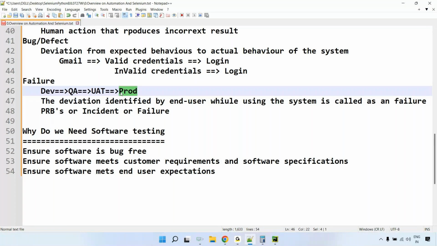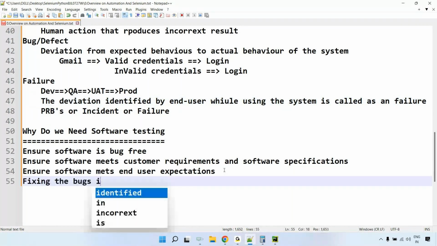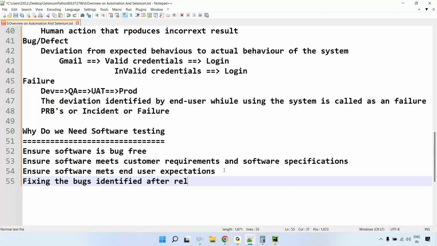So his deliverables are also delayed. We need to pay extra to him, we need to pay extra to the tester, we need to pay extra to UAT people. So all of these things are in place if we miss anything in these lower environments. So to avoid this, we need software testing. So if you can see, fixing the bugs identified after release